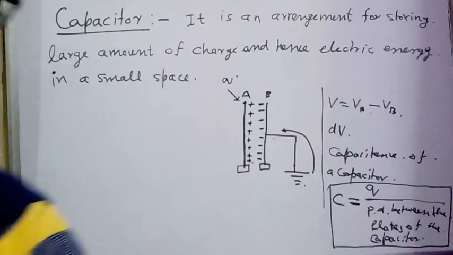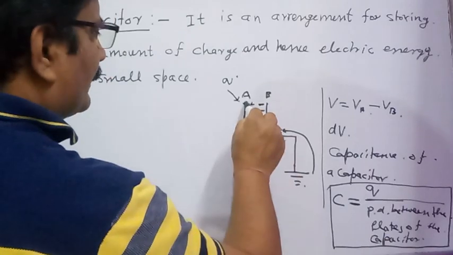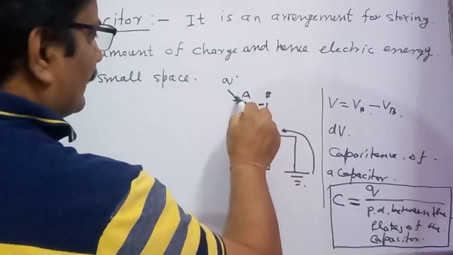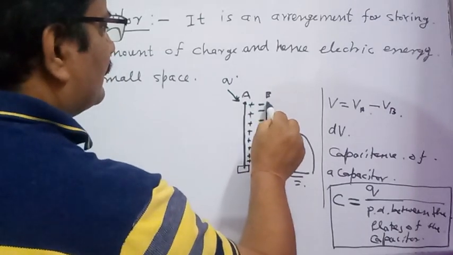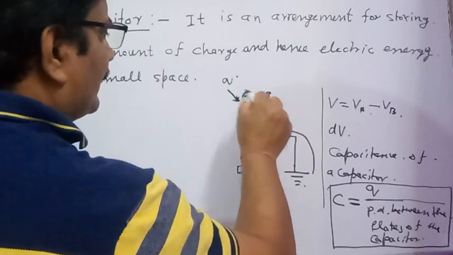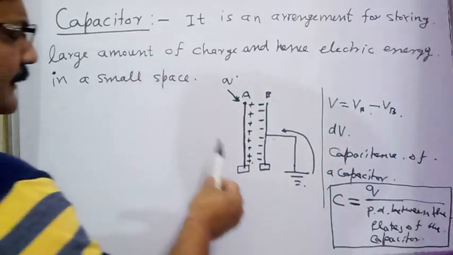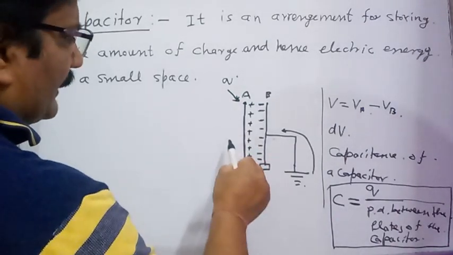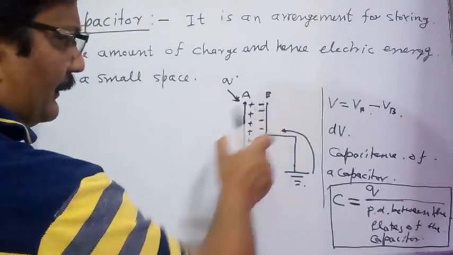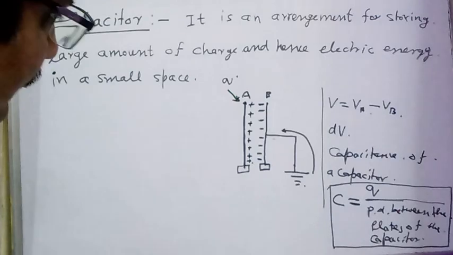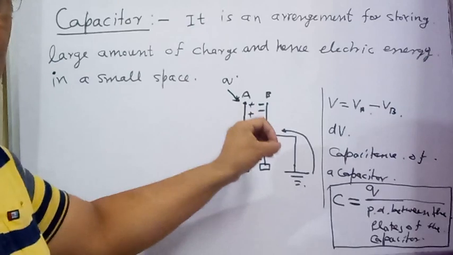Students, as you have seen, what is a capacitor? A capacitor is actually an arrangement of two conductors. One of the conductors is storing charge. What is the relevance of the other conductor? The other conductor just decreases the potential on the surface of the first conductor so that its capacitance can be increased, or this capacitor can store more charge without increasing the size of the conductor. So by any means we can decrease the potential on the surface of the given conductor, we can increase its capacitance.